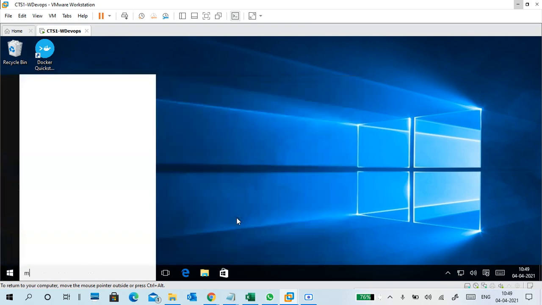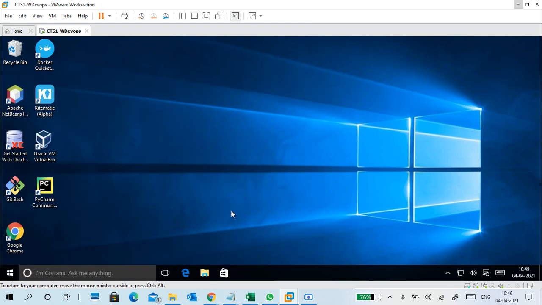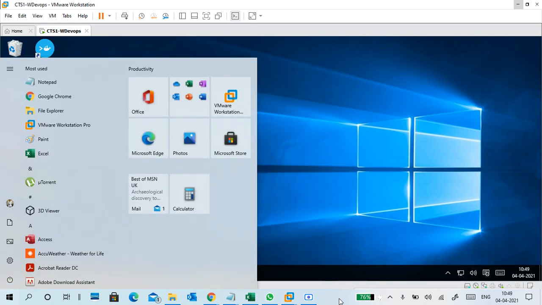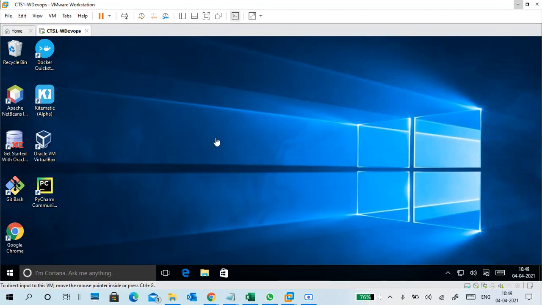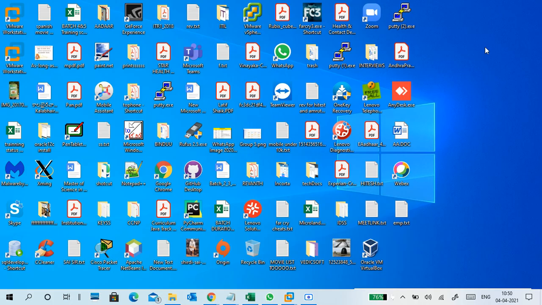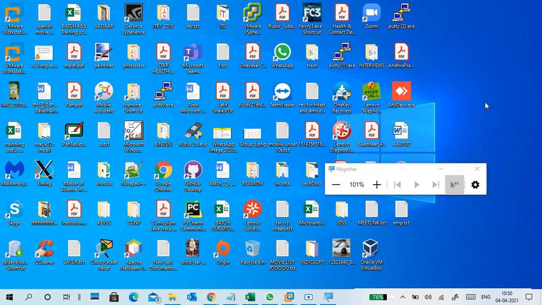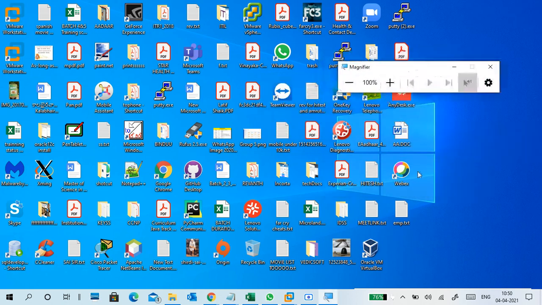We need a magnifier. No, no, not here. In my physical machine, I need a magnifier. My system got upgraded to the new version yesterday night, and it is much worse. I don't like this background screen. I changed it. Actually, it became black, and I changed it. See, magnifiers, yesterday to here, so updating.